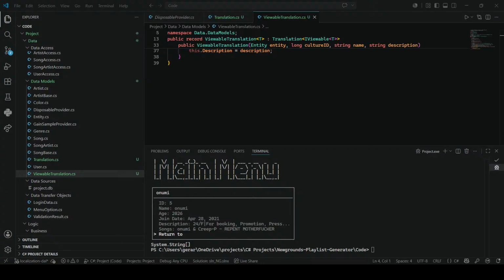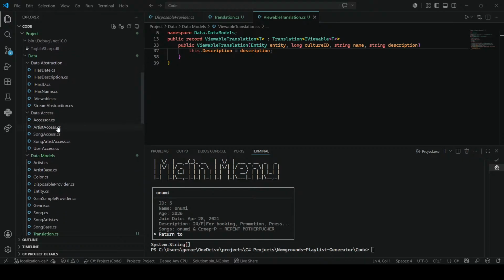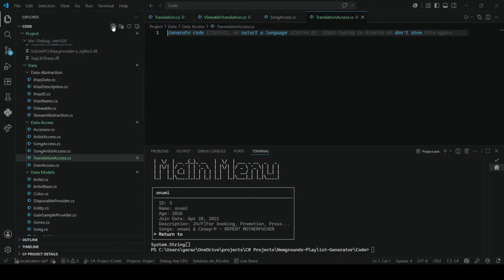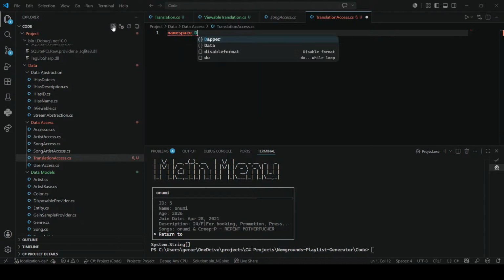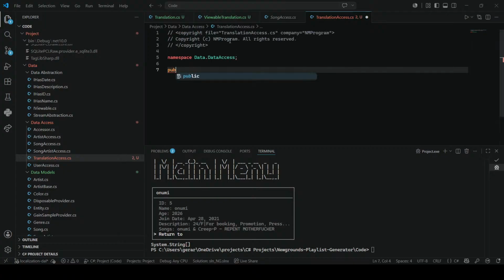Now we have DAL, which is the worst. This is where it goes downhill. Okay, so we're going to need a translation table, which means we're going to have to go into data access, do translation access.cs, namespace data.data access, and we'll do this and say public